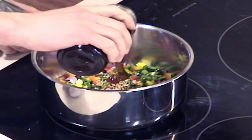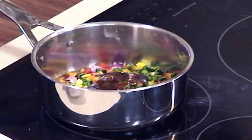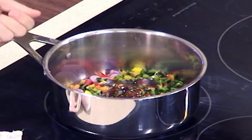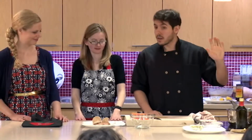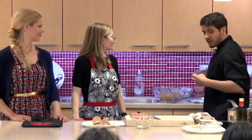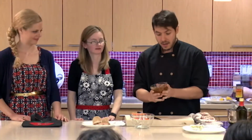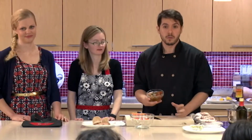And what I'm going to do with this is kind of a template for any sort of relish that you would want to create from scratch. So all the ingredients go in. You're going to turn that up to medium high, just until it starts to bubble, so you've got a little bit of a simmer going. Reduce it to low and just let it go for about 30 to 35 minutes. And you get this really nice, sticky, relishy pepper topping that is incredible on all kinds of things. You can do burgers, sliders,